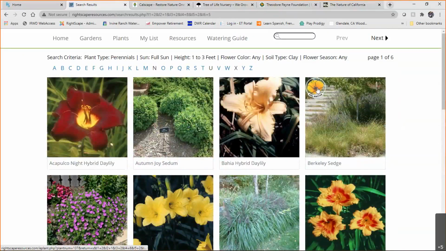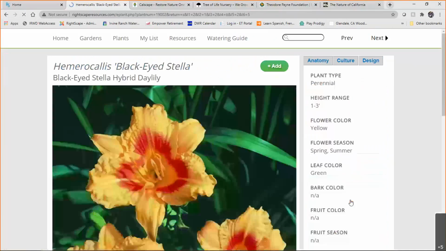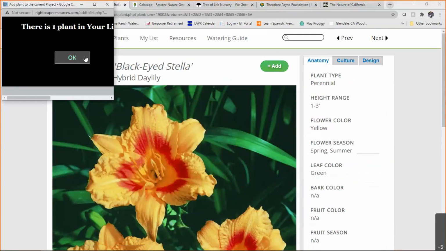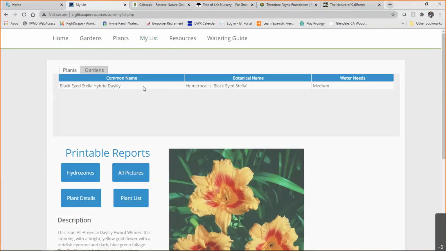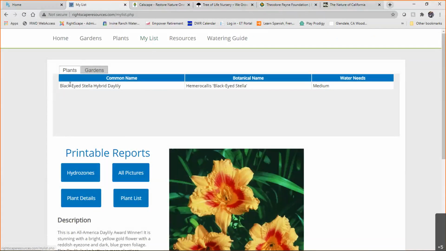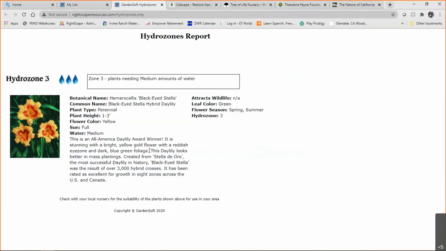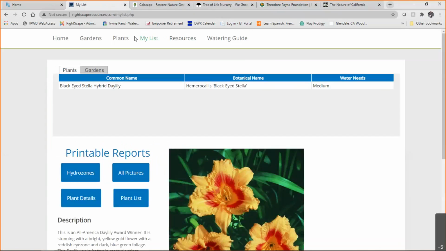If they have this nice little logo here, it is a native, which is great. And you can click on it and add it to your plant list. Here you go. Now, after you're spending time on here, hours even, checking on these plants and adding them to your list, when you go to my list, it's not going to look too dramatic here, but you can actually start printing these reports out, whether it's the plants or the gardens. It's going to shoot you out a nice PDF of that plant. And basically it'll start to group these plants into different water categories, which is pretty cool. I really like that feature on this site.